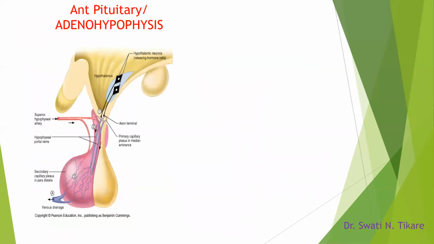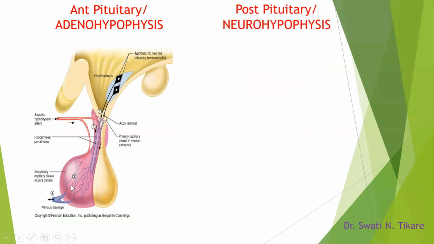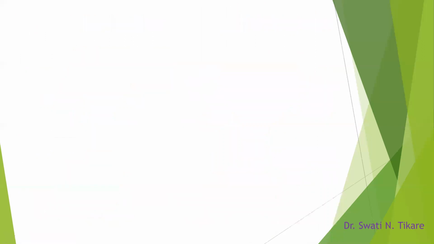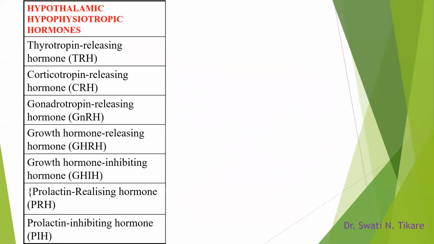Next. So this is one more diagram showing the connection between the hypothalamus and anterior pituitary being a vascular one, and hypothalamus and posterior pituitary being a neural one. Okay, the previous one was the simpler diagram, which you can actually write down and use for your exams also. So next, coming to the releasing and inhibiting hormones.